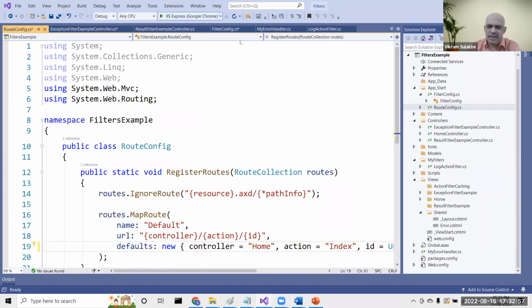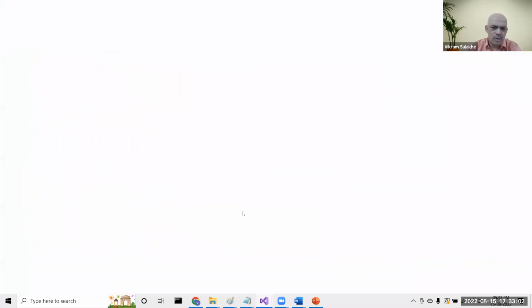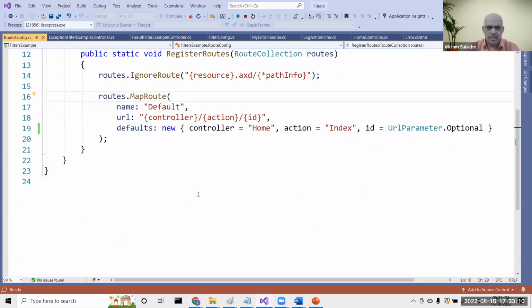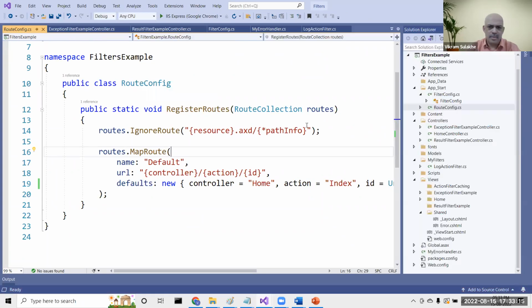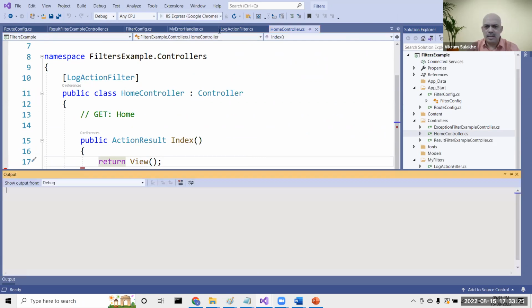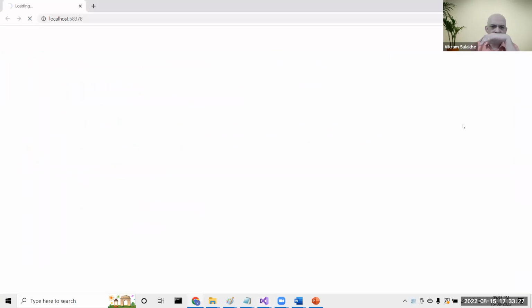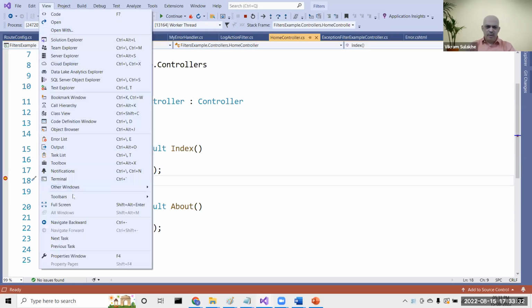Home/index is what is running first. So when you run this, this is your debug window. Okay. Let me put a breakpoint on home/index. Right. And if you go into the debug window,